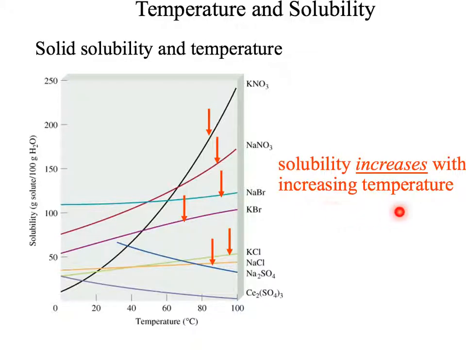Solid solubility and temperature. Solubility increases with increasing temperature. So if you look at the graph here, most of the curved lines show when you increase your temperature, you're also increasing your solubility. Now the reason for that is it has more kinetic energy in the particles, the molecules are moving around faster, so when they combine together, they're going to connect with each other more,